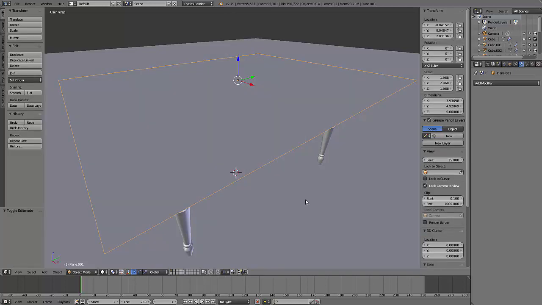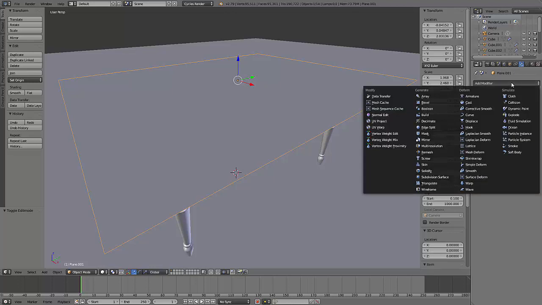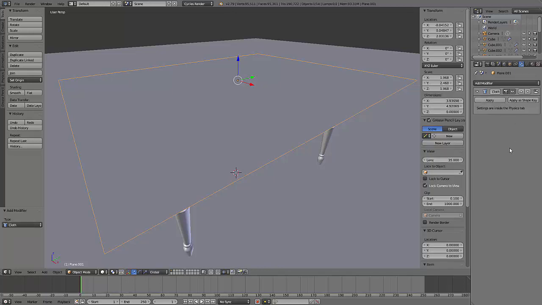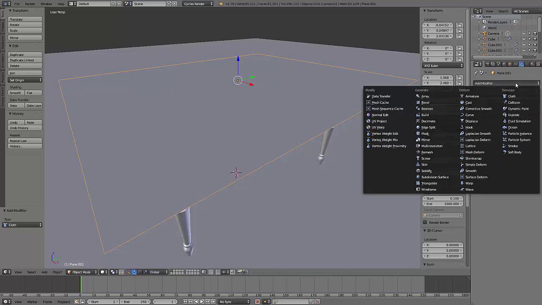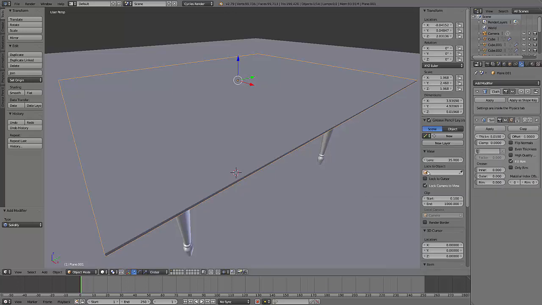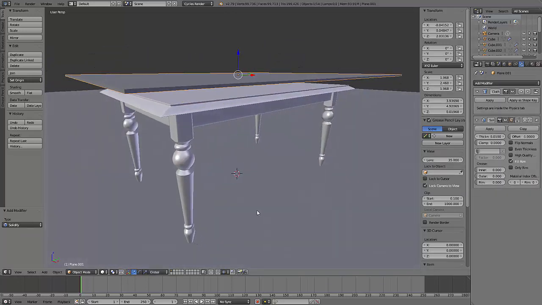Tab back out to object mode, and we're going to add a couple modifiers here. So the first modifier, let's put the cloth modifier right here, and we'll go into the settings of that a little bit later. Let's add another one and do solidify. This one just gives it some depth. So it was just a plane, now it's kind of like a flattened cube, and that's the thickness of the